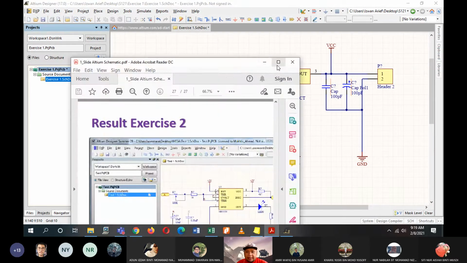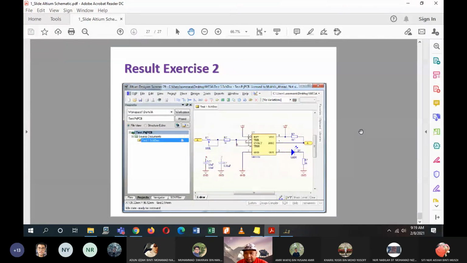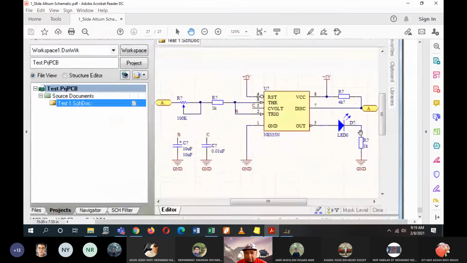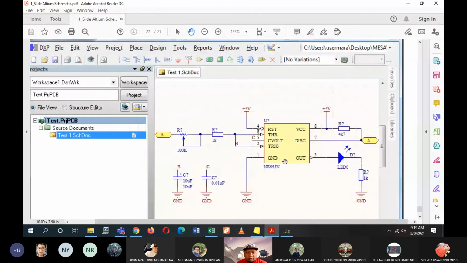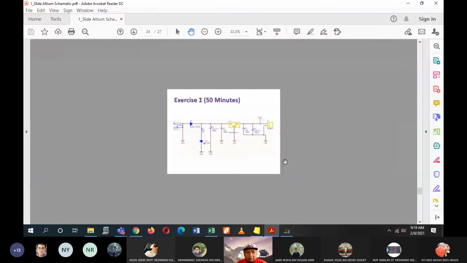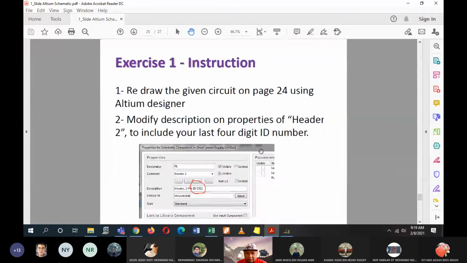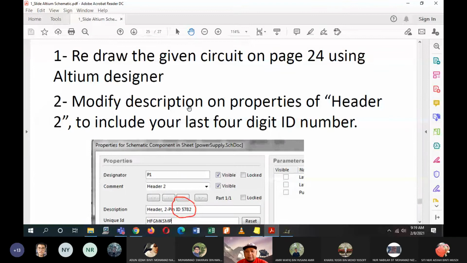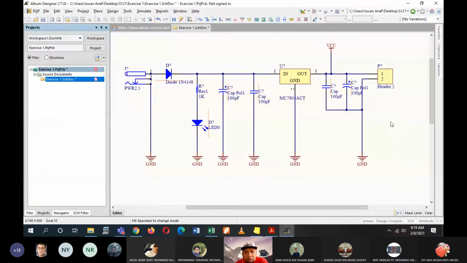Okay, and then the next step of exercise 1, where is it? Oh, I already did that exercise. Okay, this one: modify the description on properties of header 2 to include your last 4-digit ID number. So you click on this header 2.